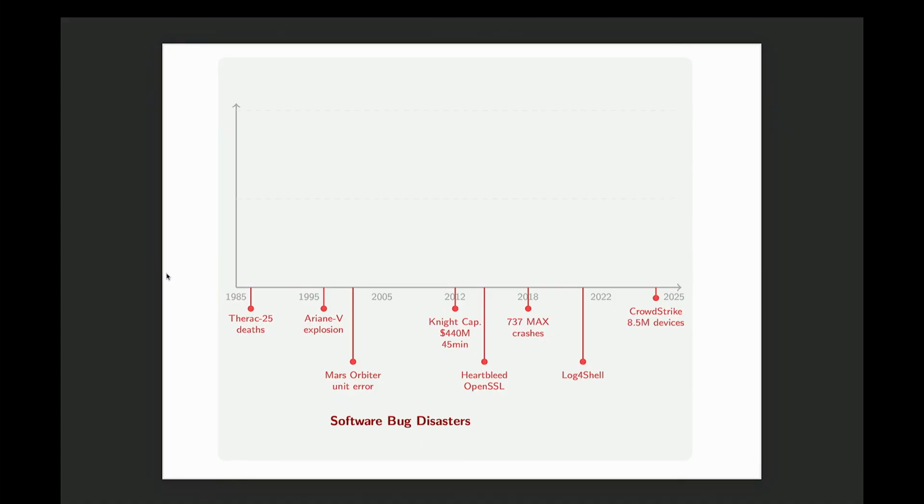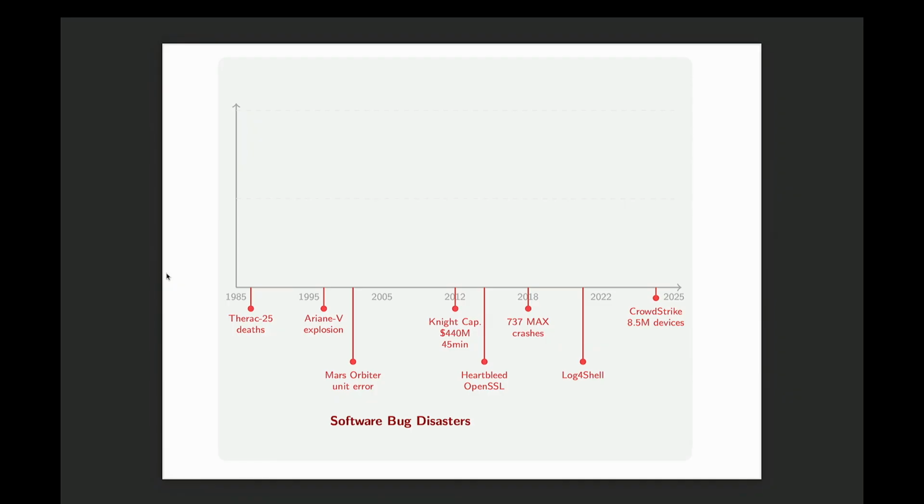So, this is just to show that from the 80s, we've had disasters which are actually due to bugs in software. The problem is that these days software is everywhere, so definitely we will have more bugs. We have bugs that we know of, and bugs that we don't know of but are exploited.